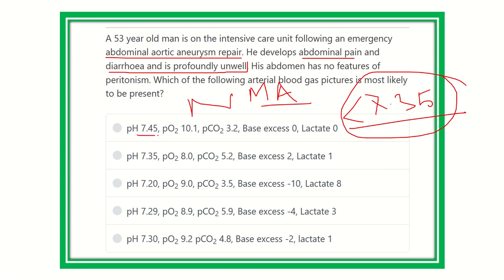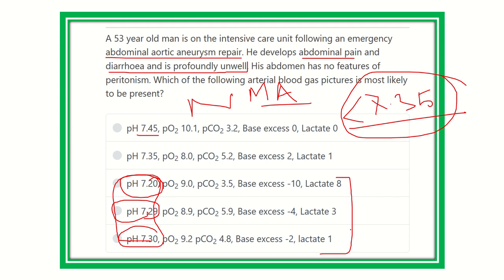Here we can see 7.45, which is not less than 7.35, but 7.2, 7.29 and 7.3 are all less than 7.35. So our answer is within these three options,